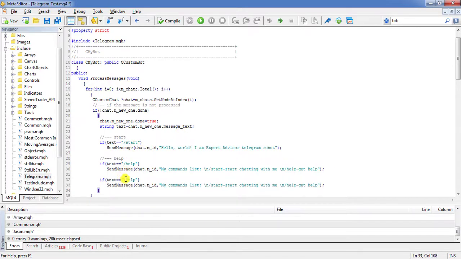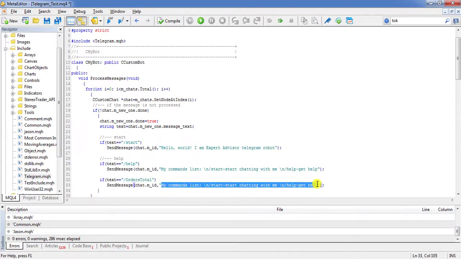I say if the command is, for example, orders total, it means return me the number of open orders. I then send a message to this chat ID, the chat ID of the user who sent this command,